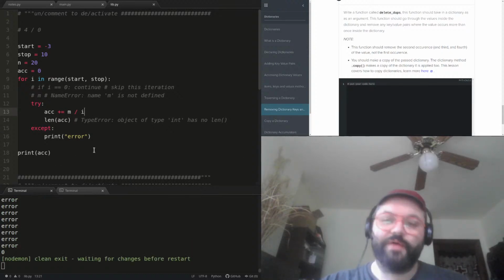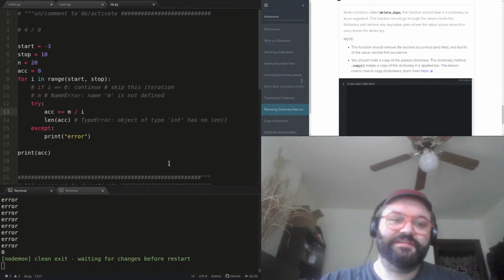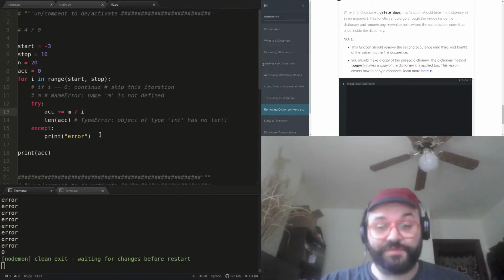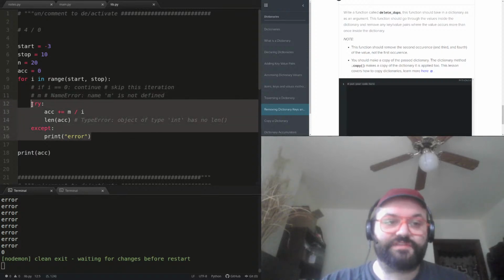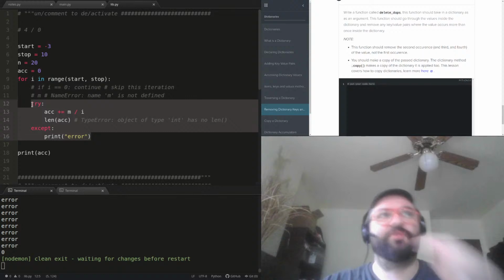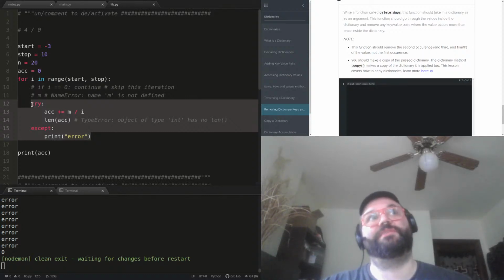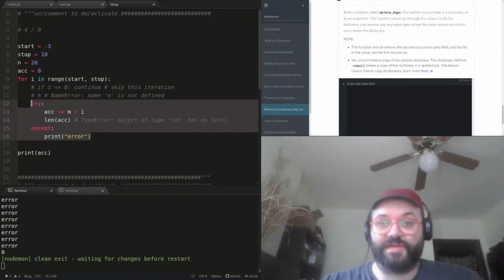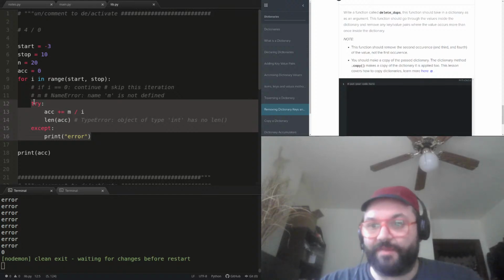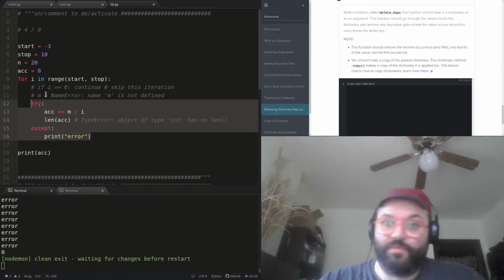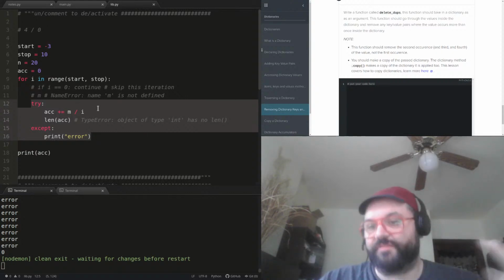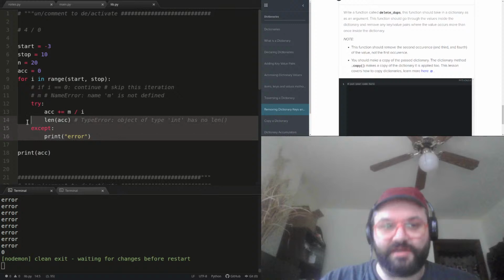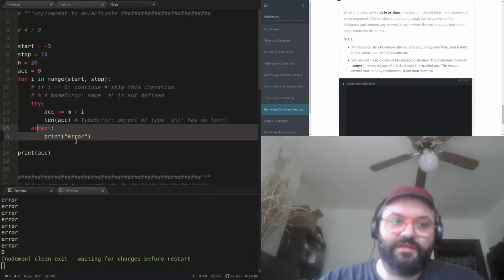Doesn't matter. So the reason this is bad is, with the exception of a syntax error, this code is error proof, and that doesn't mean it's going to be correct or it's going to work. It just means it's not going to give you any feedback about what's broken, which is not a good thing. You want that, so that's one reason it's bad. The other reason is it's not clear. Except on what? All errors, I guess.